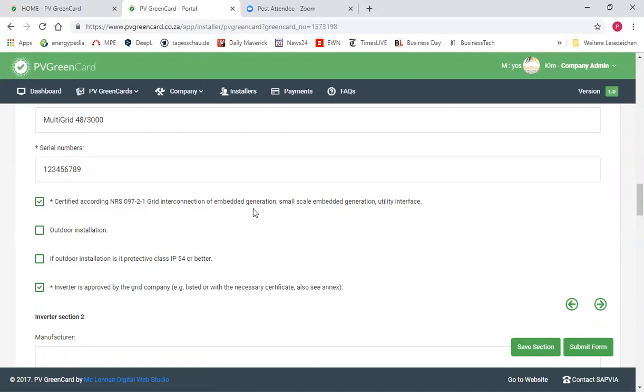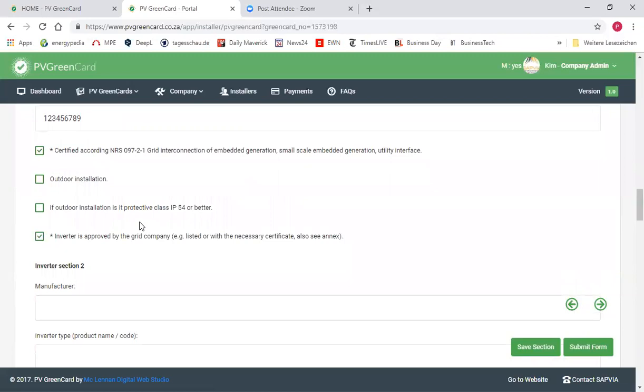specifically in South Africa. And this is a definite requirement, not only with the PV GreenCard, but also with most of the municipalities who have systems in place for grid-connected PV systems. Outdoor installation, if it is, then please click. And also, if it is an outdoor installation, please make sure that the inverter has IP54 protective